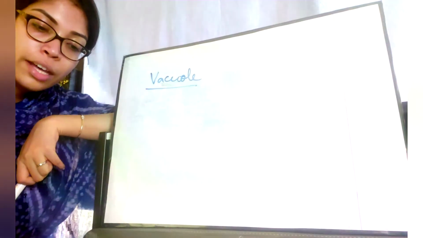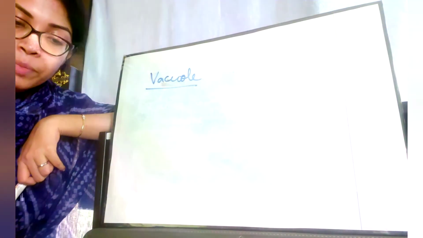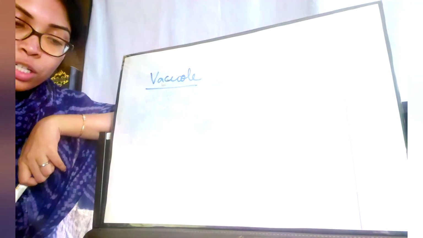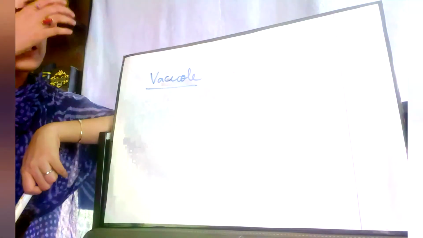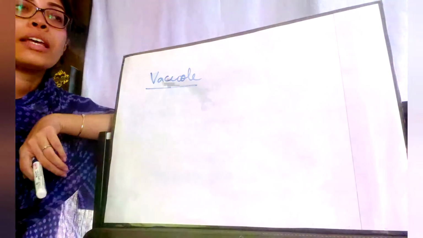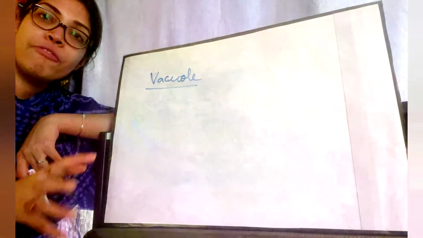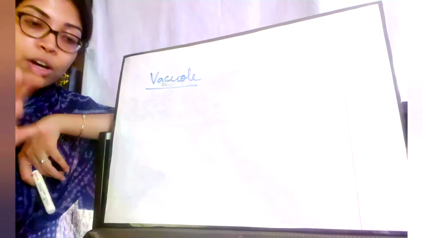Reading the definition from the book: single membrane bound spaces containing air, water, cellular fluid, digested food, excretory material, etc., found mainly in plant cells and protozoa, are known as vacuoles. So from vacuole, the most important question is their function. Depending on the different types of vacuole, there are 5 separate functions of vacuole.